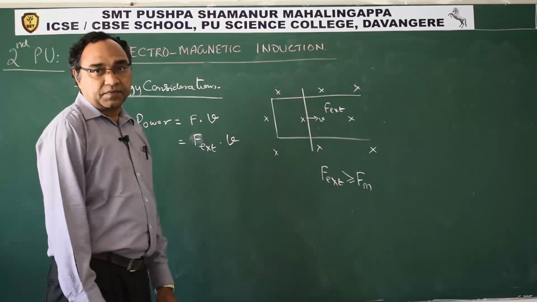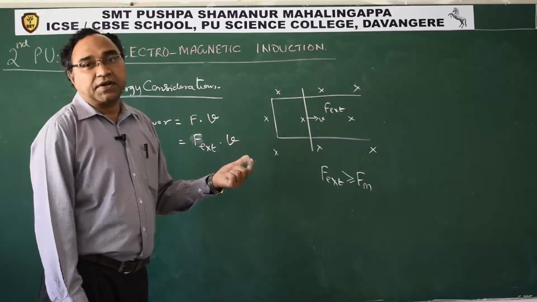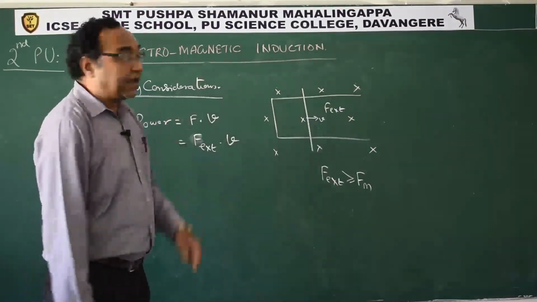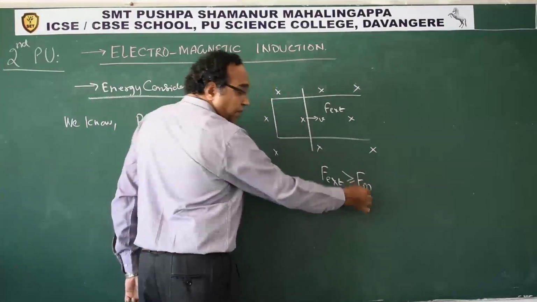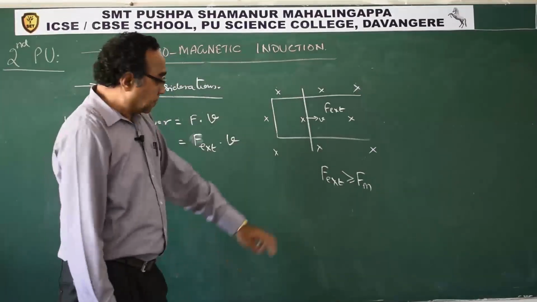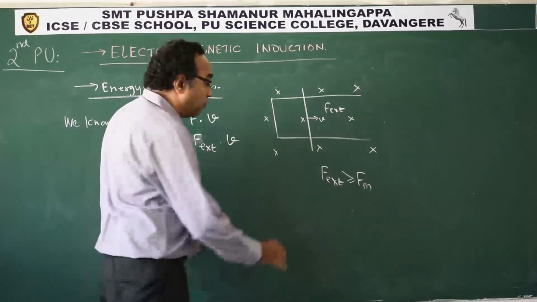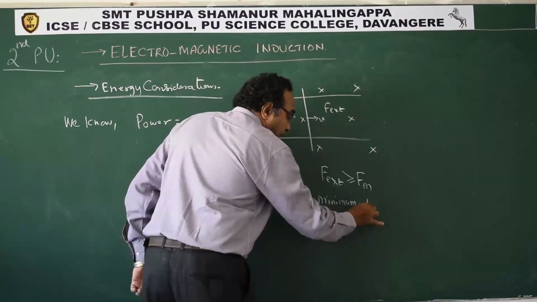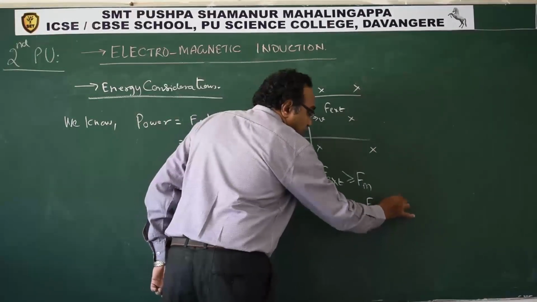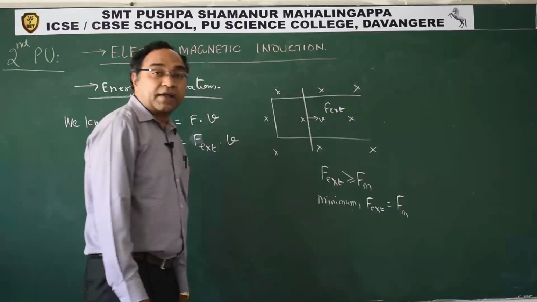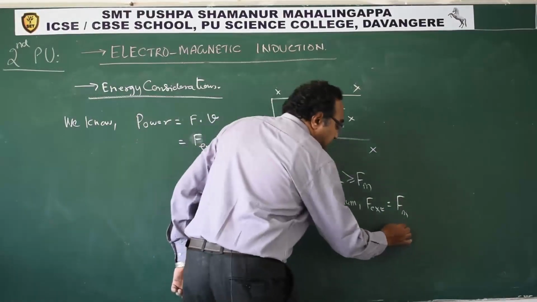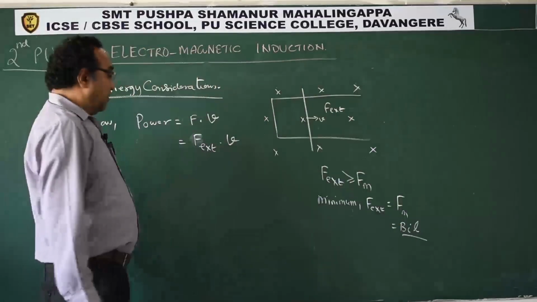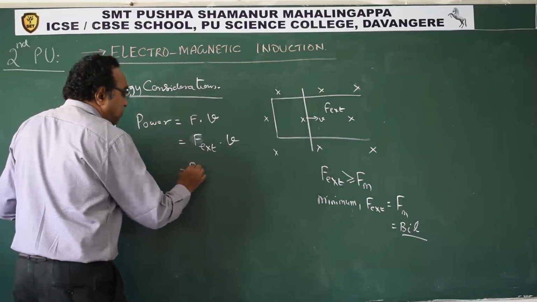carrying conductor. Now in magnetic effects of electric current, you have done how much is the force acting on a current carrying conductor. See, this is that magnetic force. Now minimum is how much? So minimum F external required is equal to the magnetic force, and that is nothing but BIL. Use this. So this is BIL